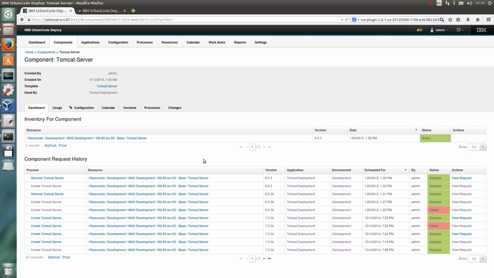You also see the component request history, and we see the different operations that have been performed, and typically these are removal and creation operations of the Tomcat server, identifies the resource and the version that's been used. So you can see that multiple versions have been used over the last few days. If we have a look at the configuration for this,